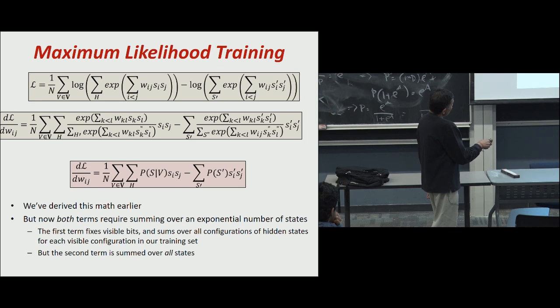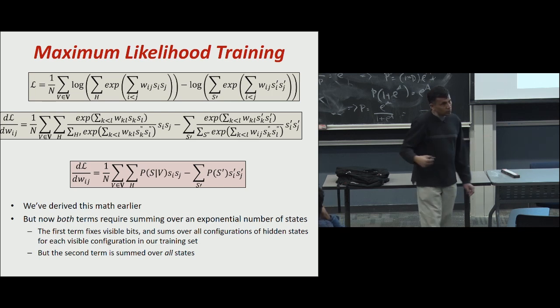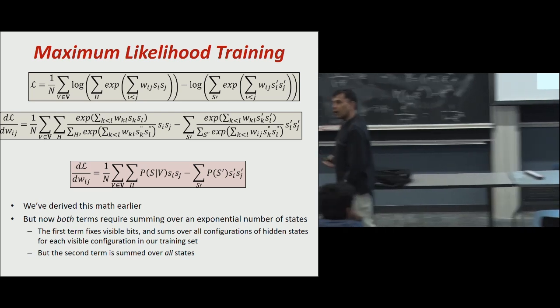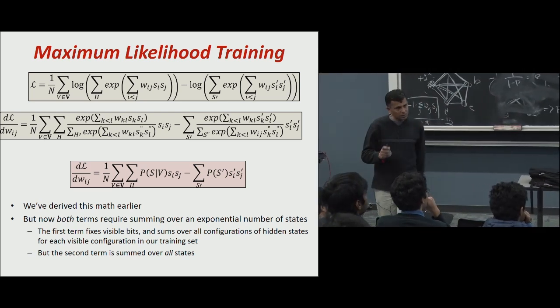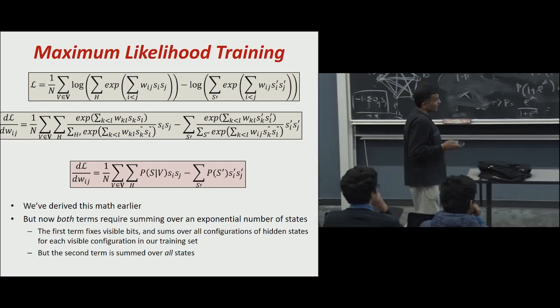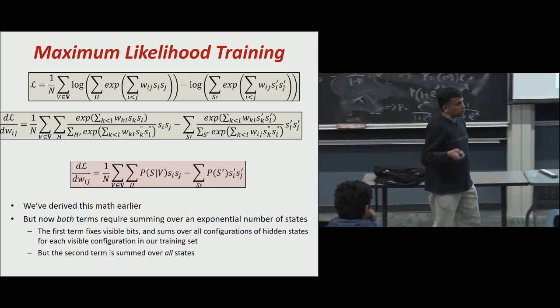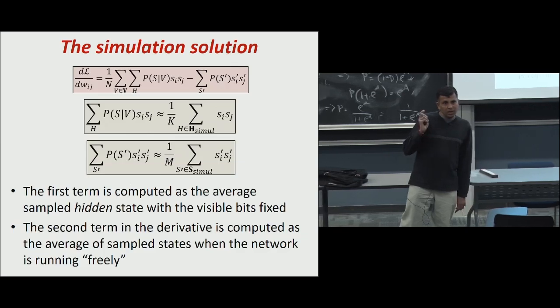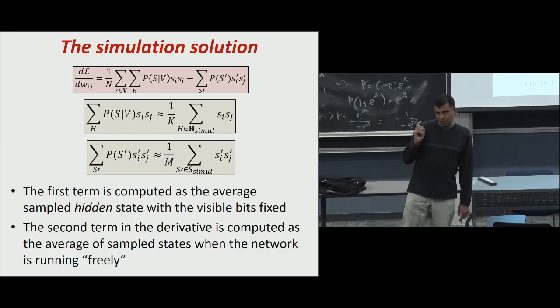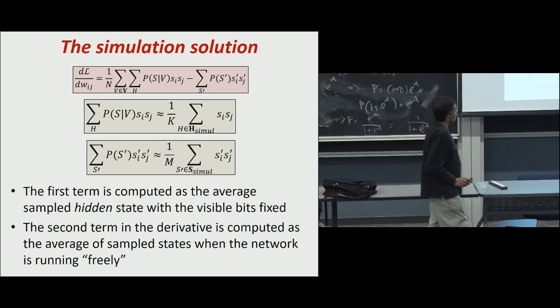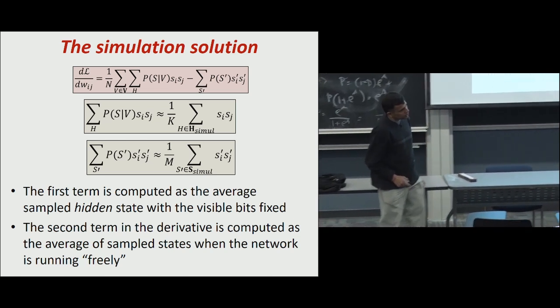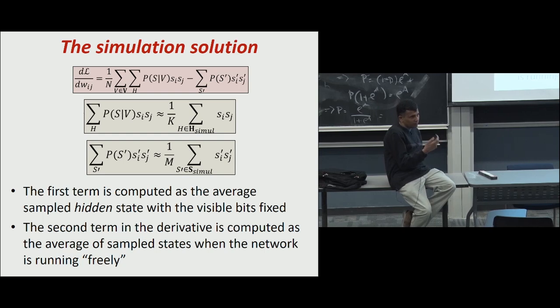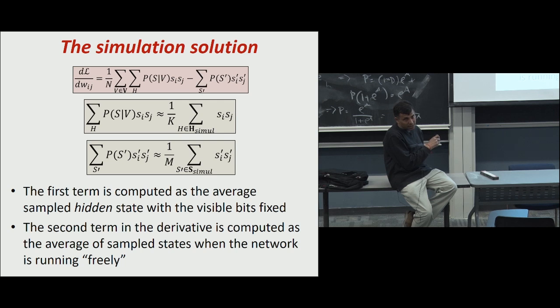So you're really just taking, for each pattern that you're given, the expected value of the product of these states over all the hidden states, okay? And the expectation, again, is over an exponential number of states. You're not going to be able to compute it. What we will do is sample. So this gives us this modified formula